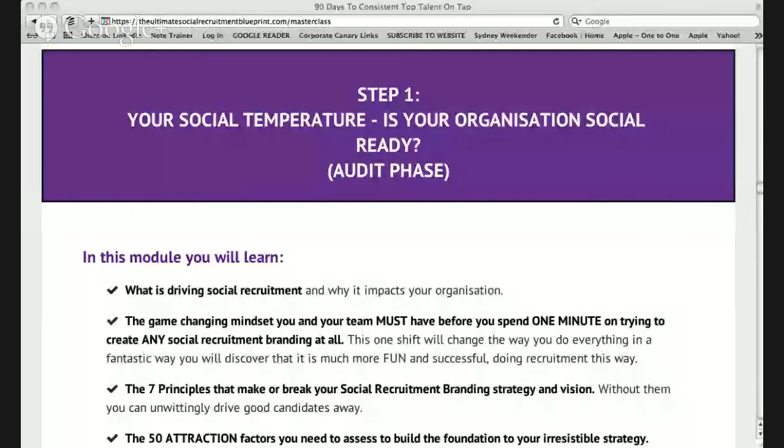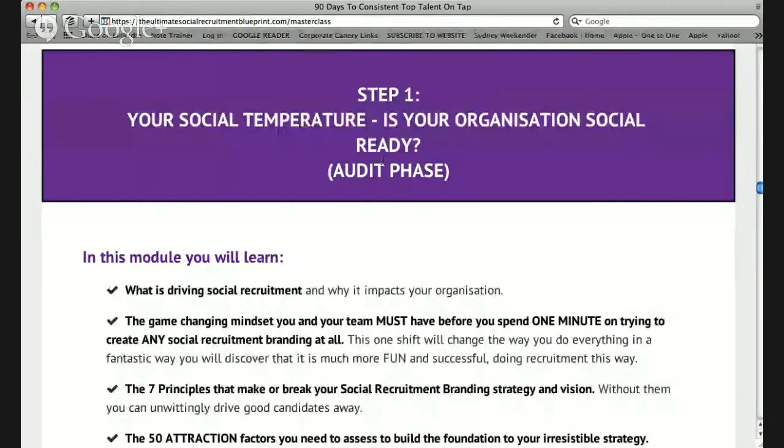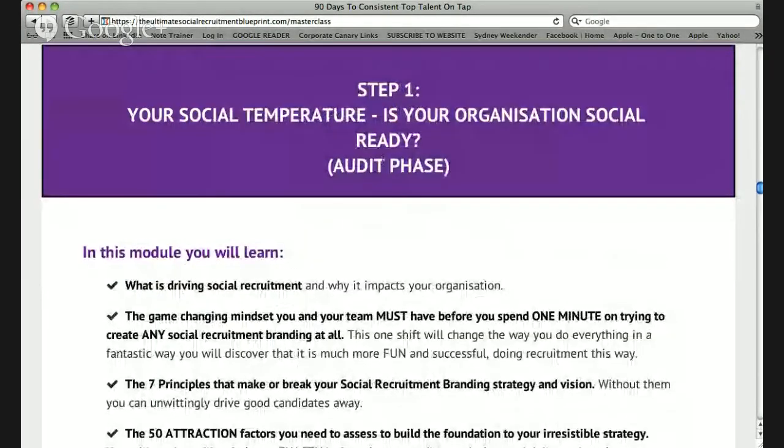Okay, so here there's just some elements on this page that I want to show you that outlines the steps to putting together the structure and the strategy that leads to the transformation in the recruitment results that you want to get. And if you scroll down, you will come to step one. But one of the things I learned years ago that came along with my own quantum leap in